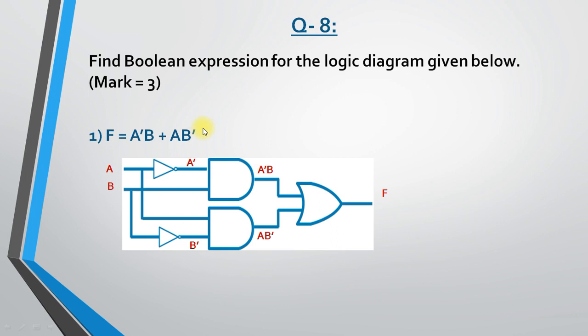So now let us begin with today's session to find the Boolean expression for a particular logic diagram which is given below. So don't look at this Boolean function. Let us explain this figure first, and based on that figure we will find the Boolean function F. Now see, the variables they have given are A and B and F. This they will not give, right? That we need to find out.